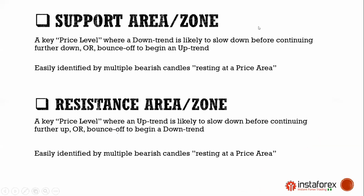So, what exactly are support areas or zones versus what exactly are resistance areas or zones? You tell me if you made money. I wanted to know if you made money yesterday. Did you make money yesterday? Because you also came in together with Eric too and a couple of other guys. So while I'm waiting for Kolawoli's response,